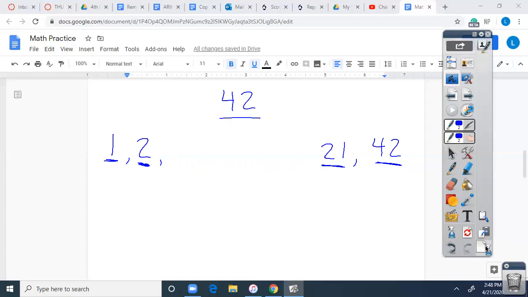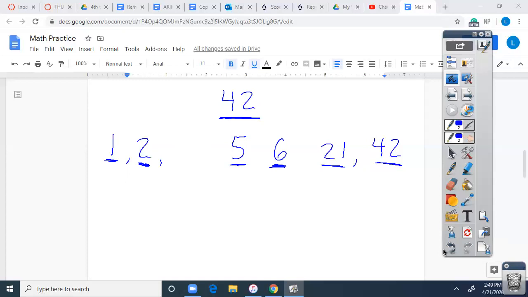so the biggest thing that you need to know from this, 42 is kind of a big number, so there are several other factors, but your question on your homework and on the test, it's going to say which of the following is not a factor of 42. So I'm just going to have these be our answer choices. We'll put that in there too. I guess that goes on the other side. All right, out of all of these options, 1, 2, 5, 6, 21, and 42, which of the following is not